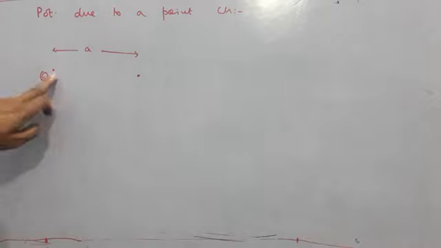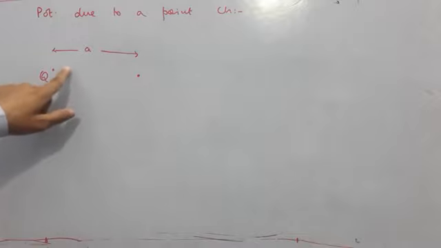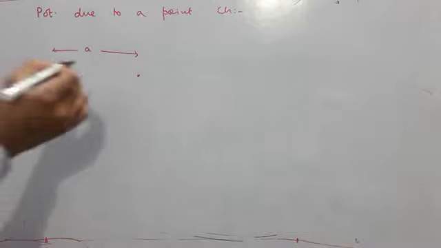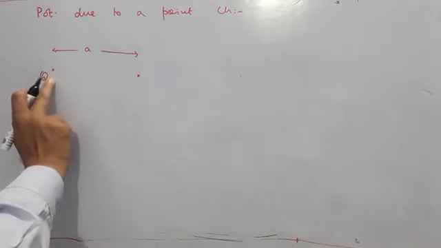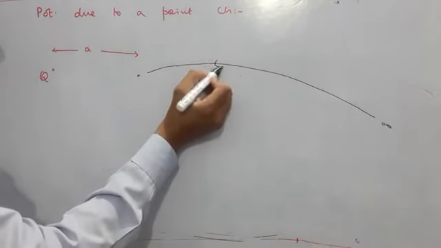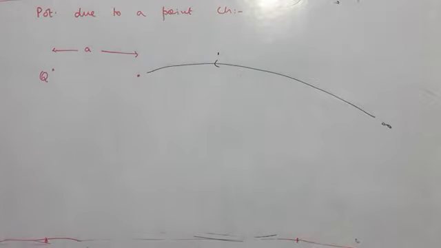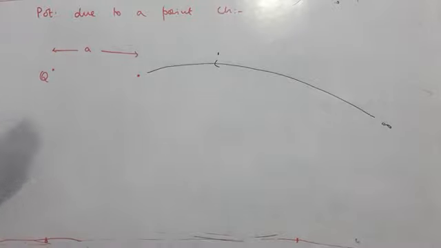There is a point charge Q, and due to this particular point charge, we have to find its potential at some point which is at a distance a from it. So basically, as far as the concept is concerned, what do you have to do? We have to bring a unit positive charge from infinite separation from this particular charge to this point. From infinity to this point, when we bring a unit positive charge, we will do some work. That work will be equal to the potential at this particular point.